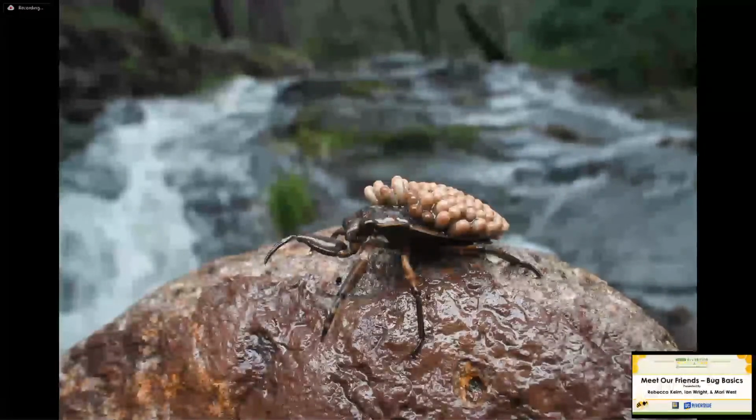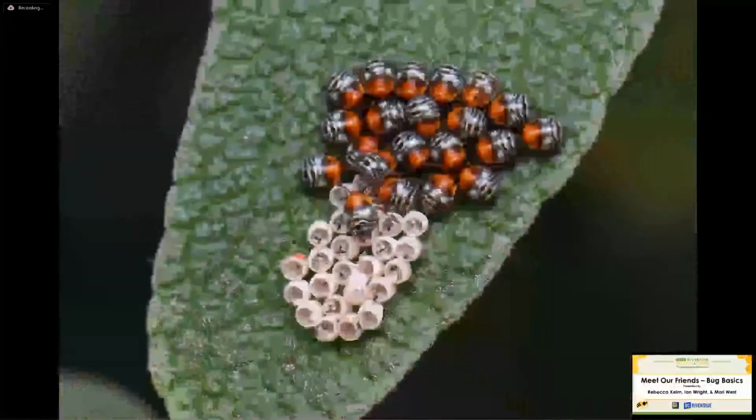This is a toe biter, a belostomatid bug. This is the male that's exhibiting paternal care. The female will lay eggs on this male's back in this species, and the male will then become like a seahorse. He travels around and he moves the eggs from pond to pond until they hatch and takes care of them, which is really cool.